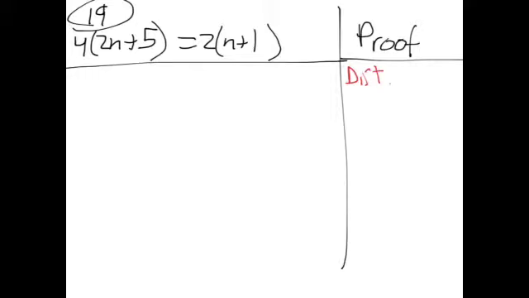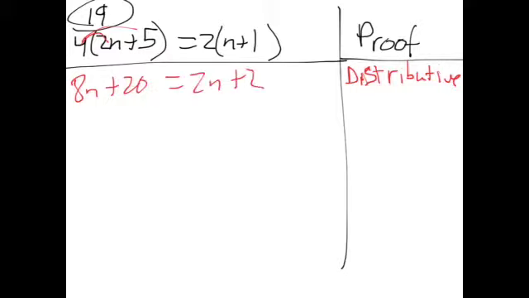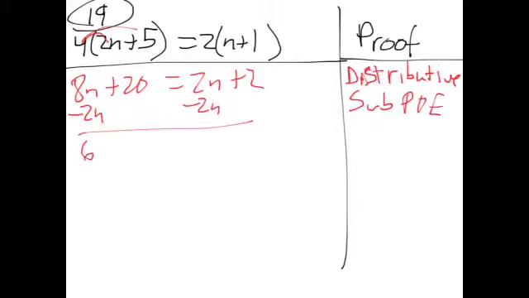Distributive property. That's an S. Distributive property. Alright, 4 times 2n is 8n, 4 times 5 is 20, 2 times n is 2n, and 2 times 1 is 2. I'm going to put the variables on one side first, because, well, I can. And what lets me subtract 2n from both sides is the subtraction property of equality, to get 6n,